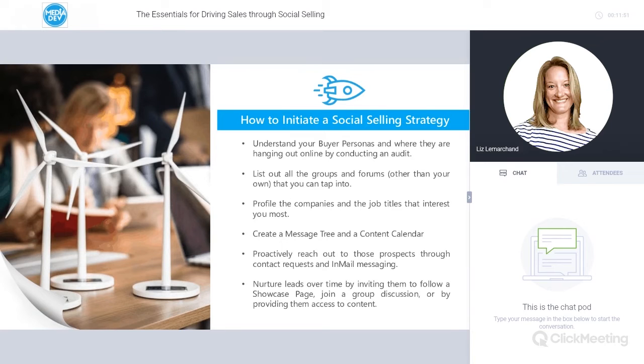And the message tree really is just a guide. It shouldn't become a standard copy paste every time you reach out to someone. You don't want to have generic messages. They really don't work. It's kind of like a call script in telemarketing. You create one to give you an outline of where you want the conversation to go. But like with a script, you can't read it word for word. The same is true with social selling outreach. You can't just copy and paste the same message all the time. And actually with LinkedIn algorithms, you can have the suspicious activity be flagged when you do a copy paste all the time because they consider you to be like a bot.